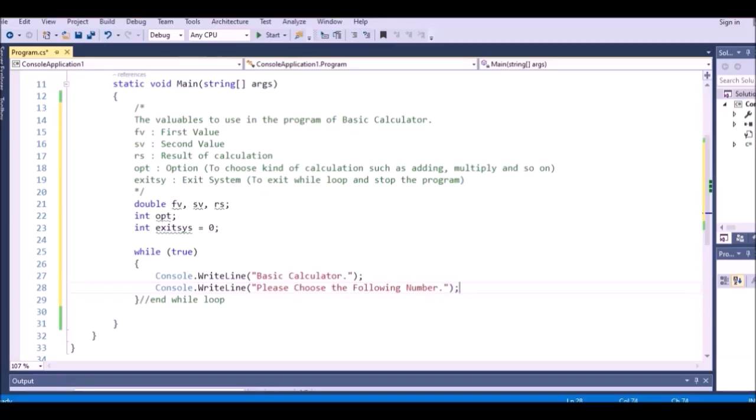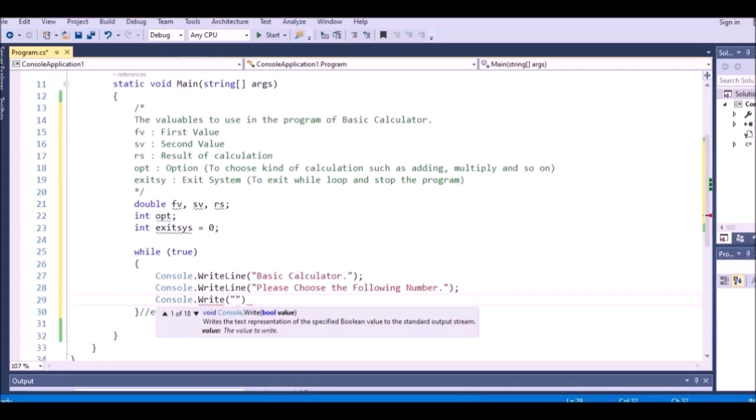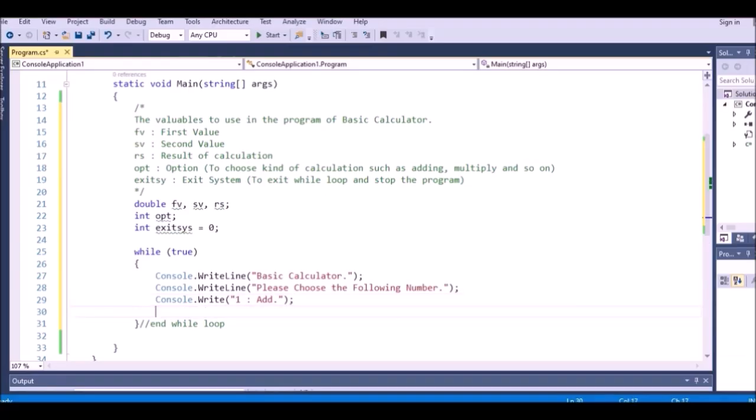And so I have to show the number, right? So in here I will write Console to show the number. Here I will write this one, and inside here I will write, for example, number 1, right? Just the number 1. The number 1 for calculate add, that is,